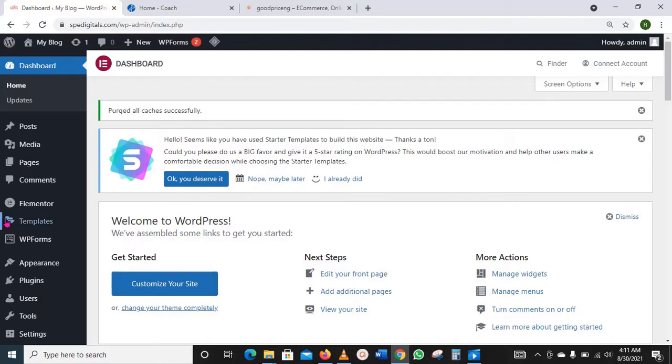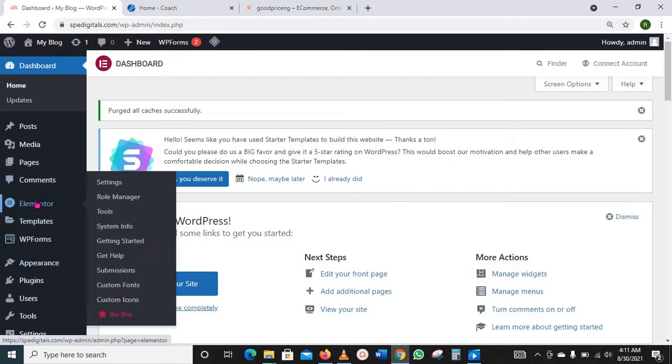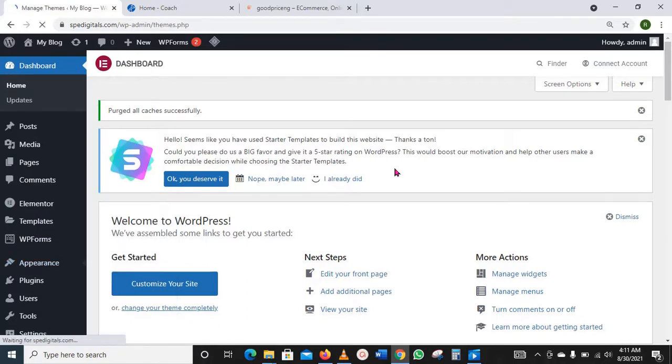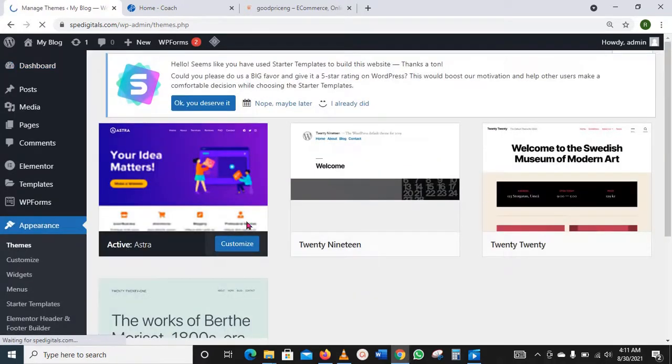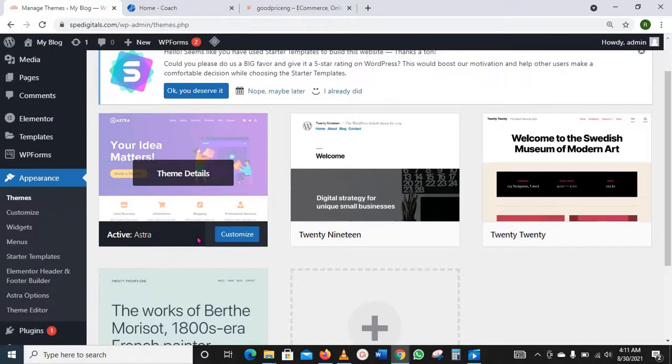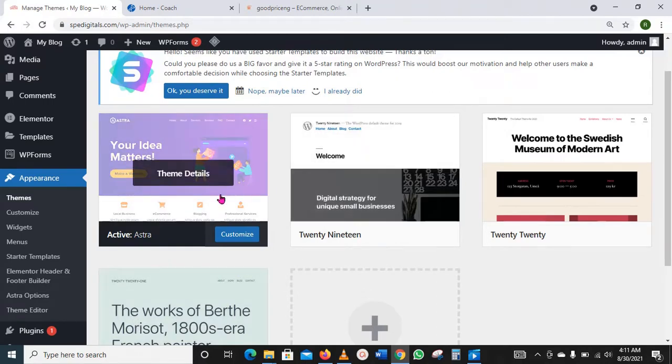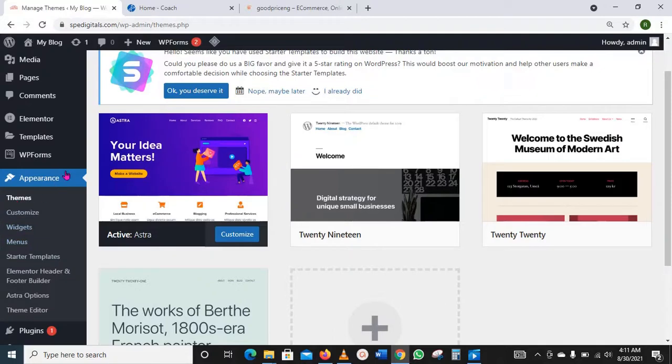The first theme you will install: hover over appearance, go to theme. The first theme you install is this Astra theme. I've installed mine. I don't want us to waste time, that's why I installed it. You install Astra theme. Then the next thing you install is